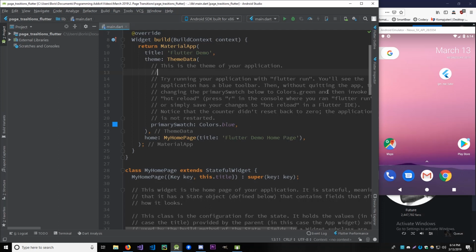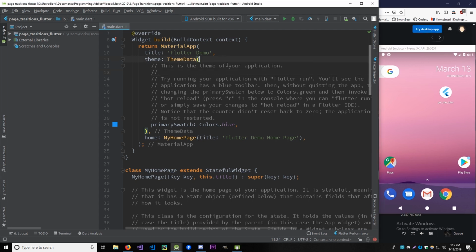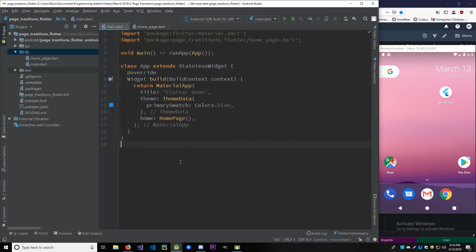Hello everybody, in today's video I'm going to show you how to create custom page transitions in Flutter, and this can really improve the UX of your app and it's really interesting to mess around with. So let me clean up this boilerplate code and run the app just to make sure it works, and then we'll work from there. Okay, so here I've removed most of the code from our main.dart file and I created